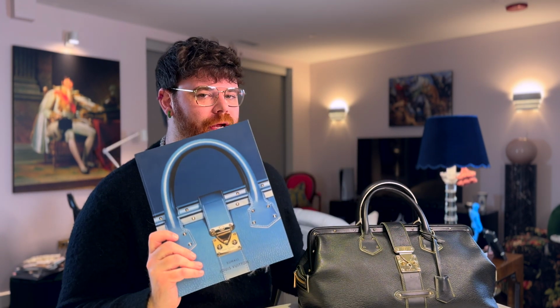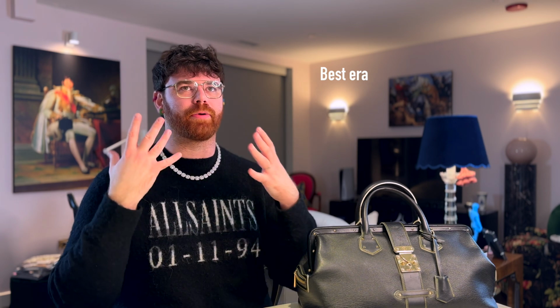All right, but before we truly dive in and look at what the Lingerie is all about, we need to discuss the collection where it came from. So the Suhali collection came out under the MARC JACOBS era of LV goodness. I mean, think about it. There were so many LV hits and thoughtful collaborations that really helped define LV in the McBling Y2K